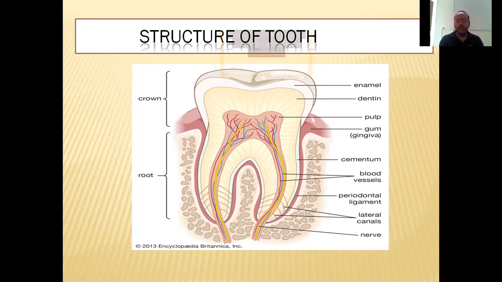Next is dentine. It looks like a bone structure. You can see here, this is a bone-like structure. It is hard. Then we have the pulp. Inside the dentine, there is a soft pulp cavity which contains blood vessels and nerves. You can see the nerves and vessels which are present there. So these are the deeper parts. We are sufficient with that; till pulp we can learn.